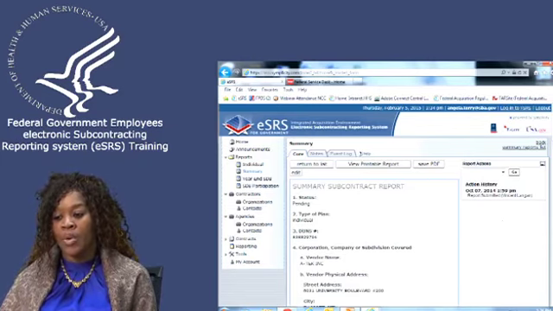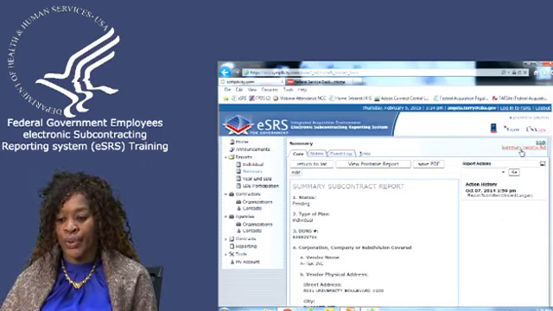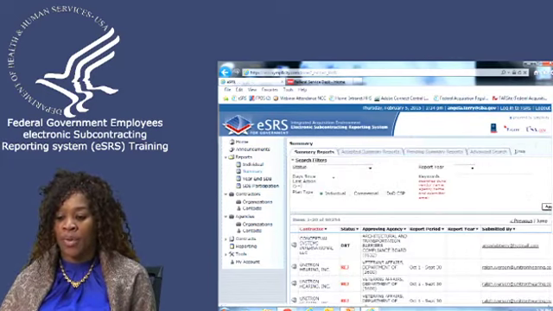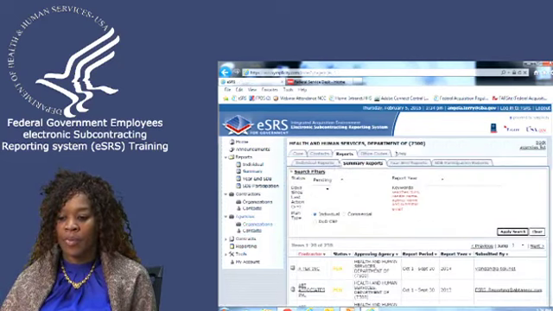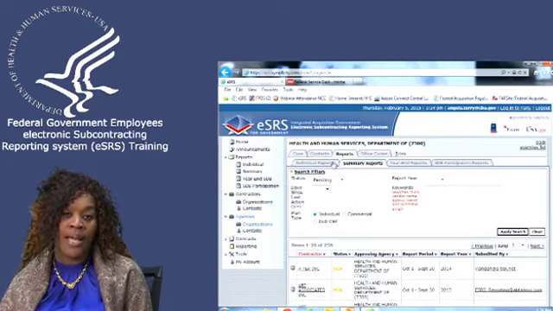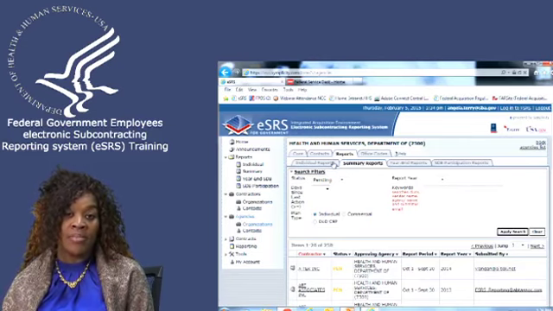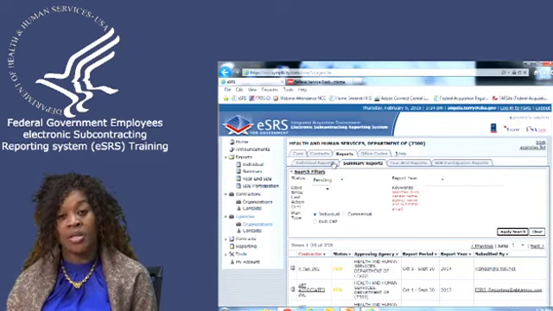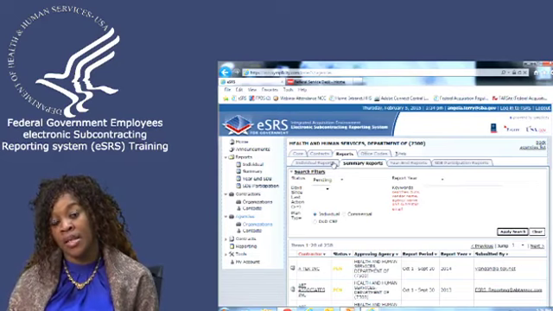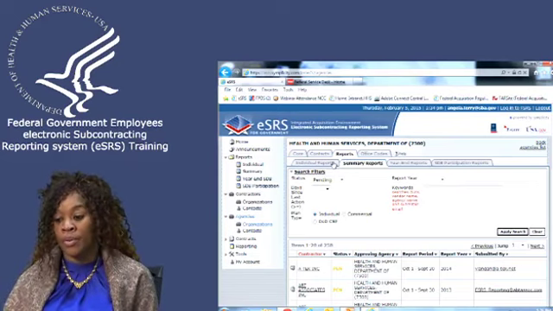Okay. We're now going to go to an individual subcontract report so that we can review that. Again, individual subcontract reports, better known as the ISR, are contract specific. They belong to a specific contract. They are cumulative for inception of the contract, and they are due twice a year. They're due at the 6-month interval and the annual interval.